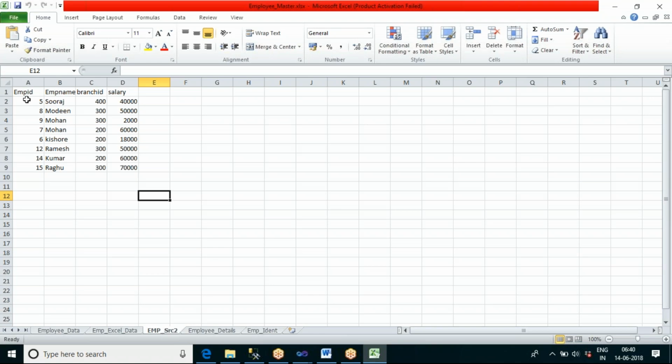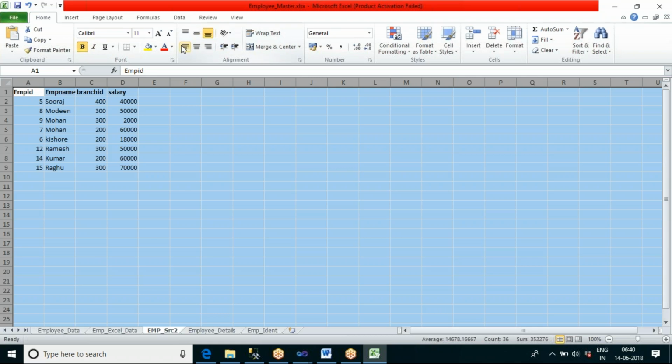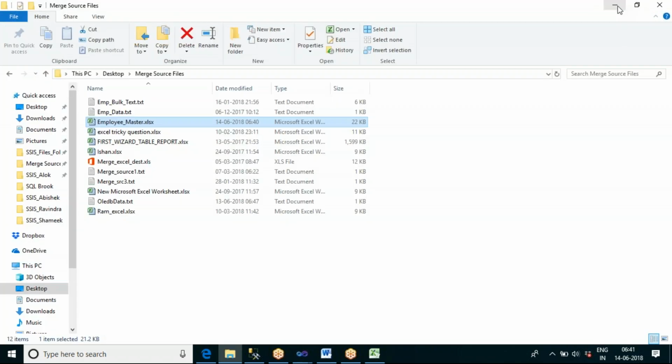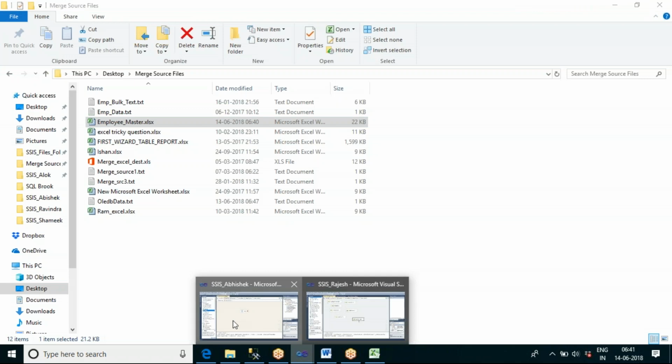I have an Excel sheet called EMP underscore source 2. First of all, we have the column names in the headings, and we have some data, at least some 8 records. So let me make this as source one. Now let us go to our class.